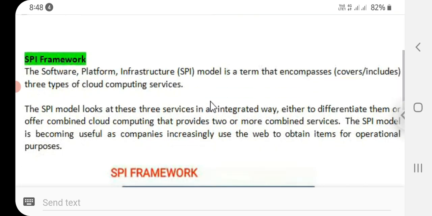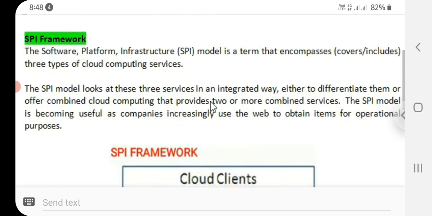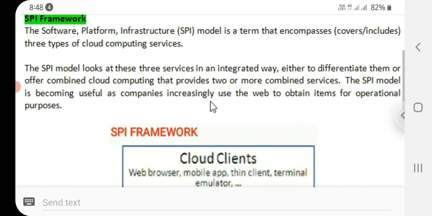Next one is the SPI framework. SPI, Software Platform Infrastructure Model, is a term that includes three types of cloud computing services. Those three types are SaaS, PaaS, and IaaS.